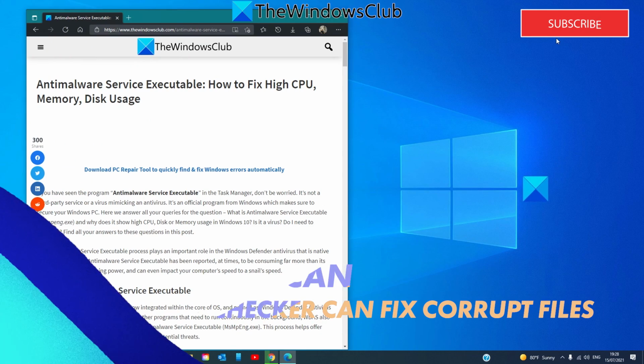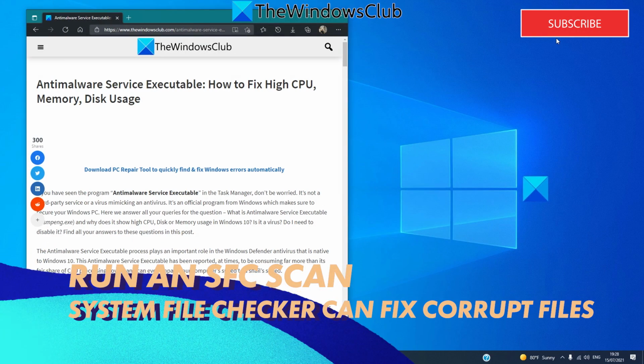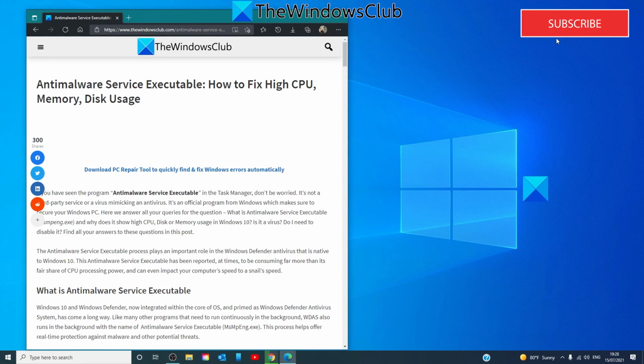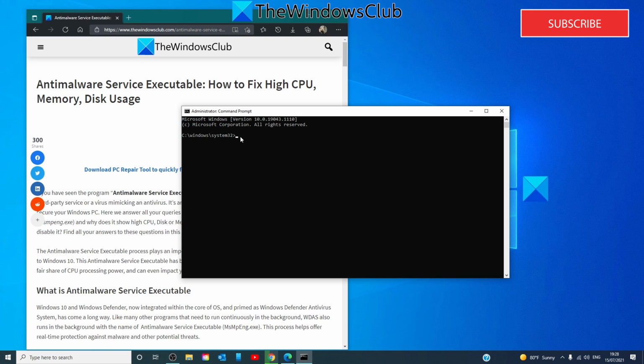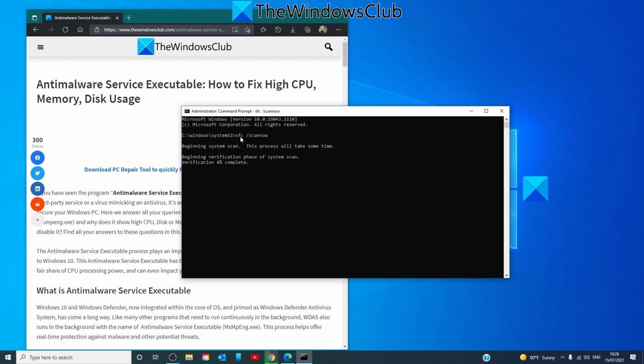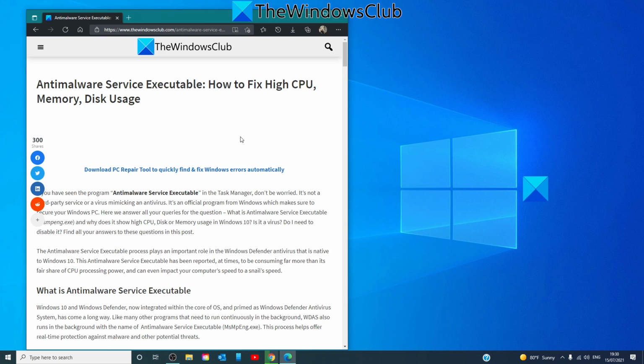Run the system file checker. Running the system file checker may help replace potentially corrupted Defender files. To do this, open a command prompt as an administrator. Type in sfc /scannow, hit enter. This will start a scan for your system files and it will identify and replace corrupted files. It may take a few minutes depending on the speed of your system and how corrupted your system is. Once that's done, type in exit, hit enter, then restart your system and see if we see any sort of